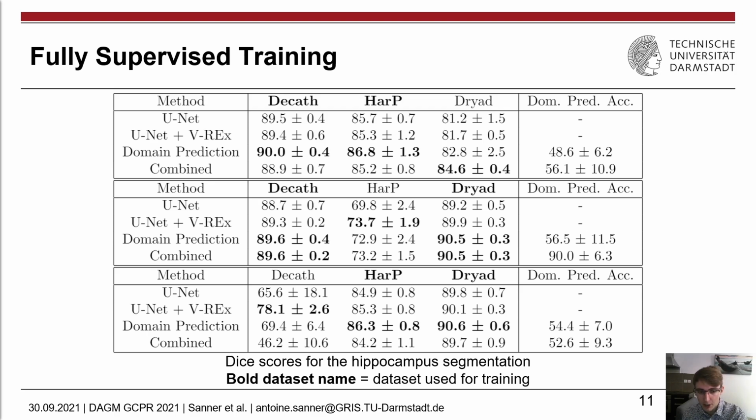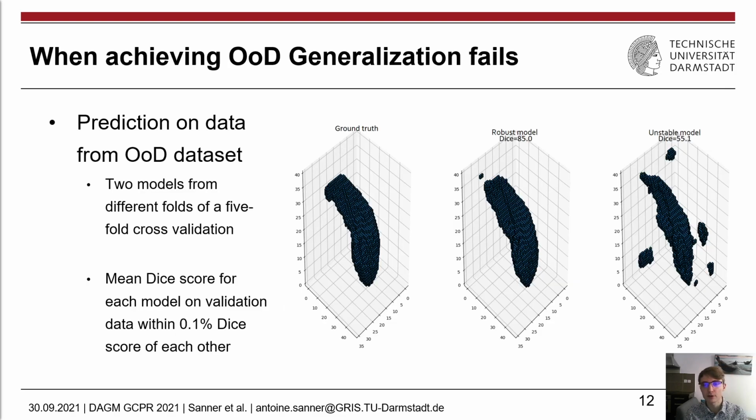Here, the combined method completely fails to generalize despite good results on the training datasets. And what is quite interesting here is that the domain prediction accuracy is still near random guessing, but this clearly shows that the domain prediction accuracy cannot be used as a metric to guarantee that a model will generalize well to out-of-distribution data. And so, having seen this result, we decided to investigate further and to try and plot predictions